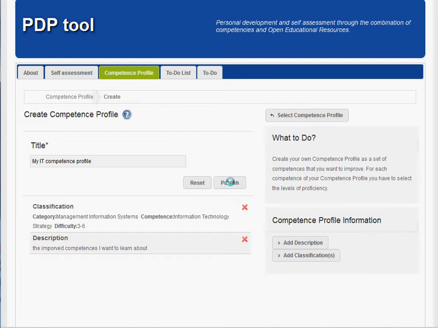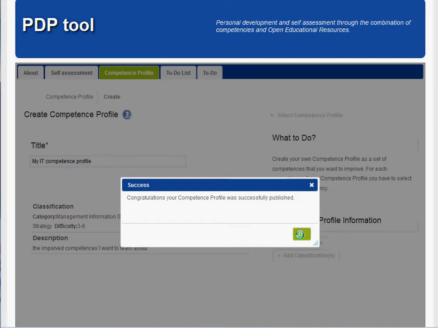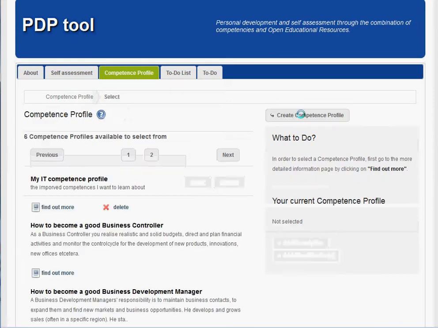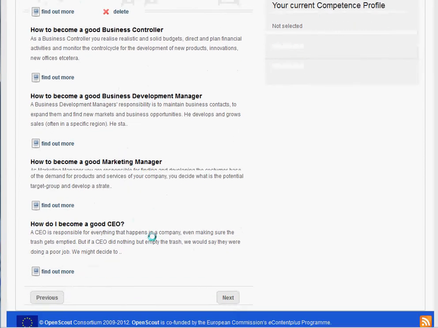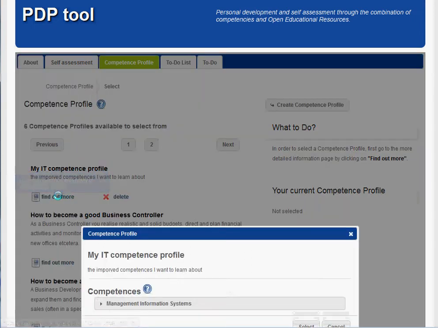After I've given this target profile where my learning goals are specified, after I've completed that, I click on the publish button. The system confirms that this has been published, and then I return to select the competence profile for actual studying. So here in the list, apart from the previous ones, and there are more when you click on the next button, I can now find my own defined competence target profile. In order to select the profile that you want to study for, you click on find out more,